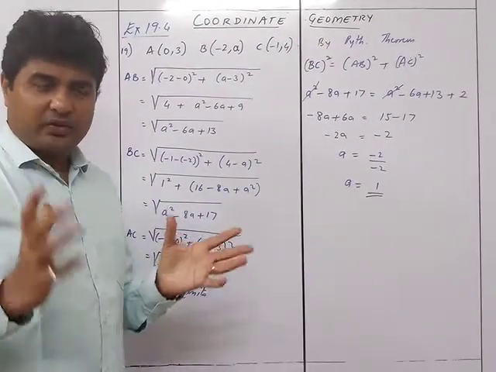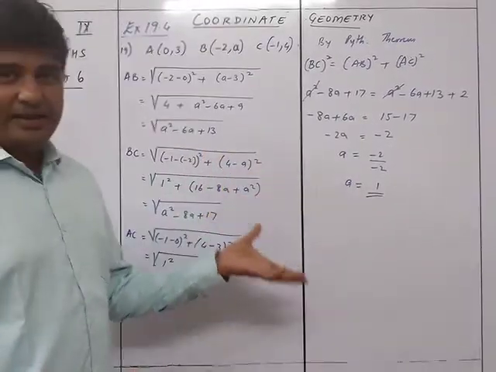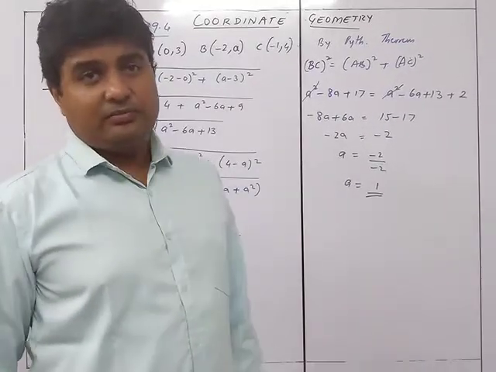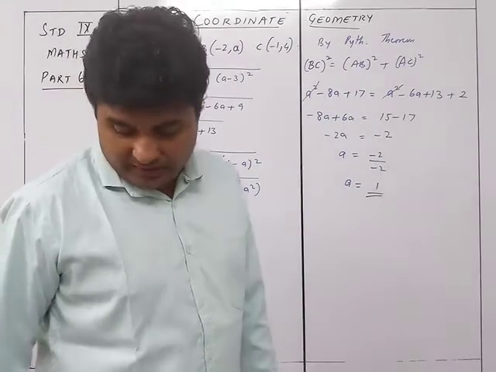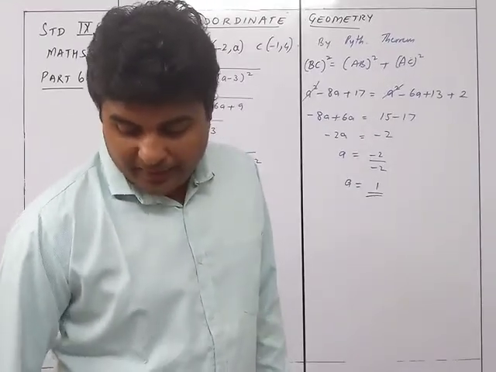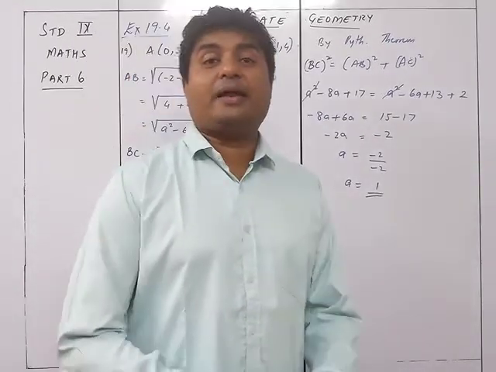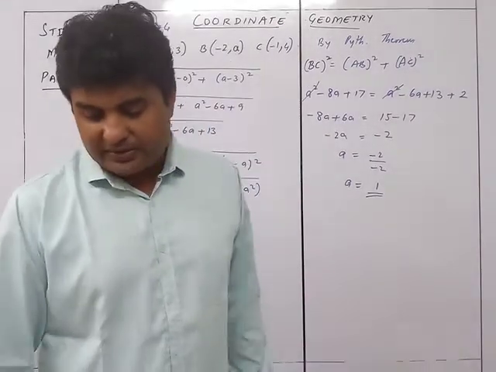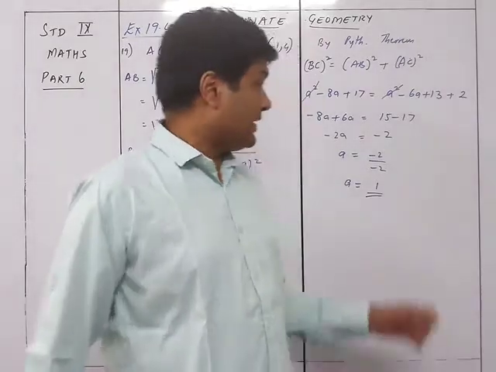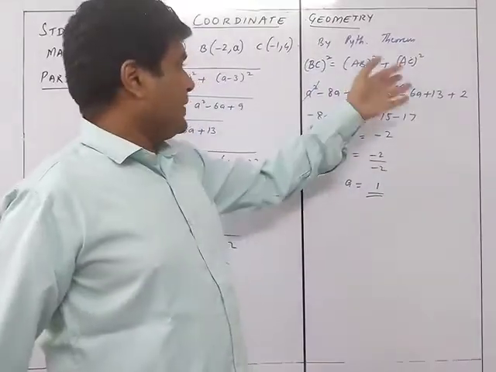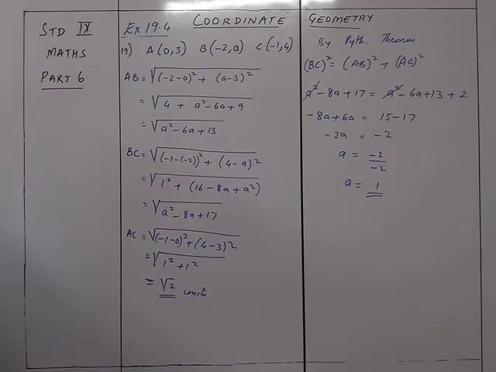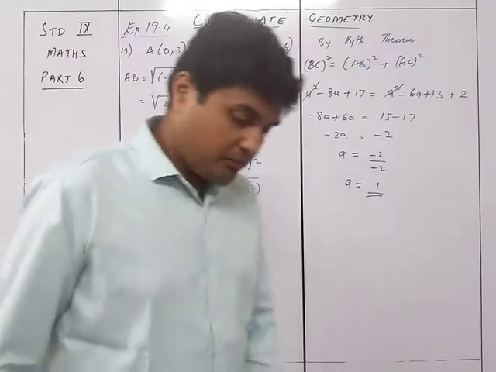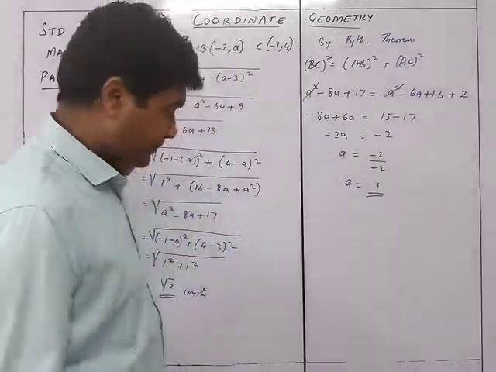Certain thing you need to remember: if a right angle triangle is given, then we can use Pythagoras theorem. So accordingly we'll get this particular thing. Also, how will we apply it in the Pythagoras theorem? We know that it's right angle at A. That means the hypotenuse will be opposite to A, that is BC. So that we need to understand. And then when we squared, the root automatically cancelled. So that's easy. So sum number 19. We move on to sum number 21.